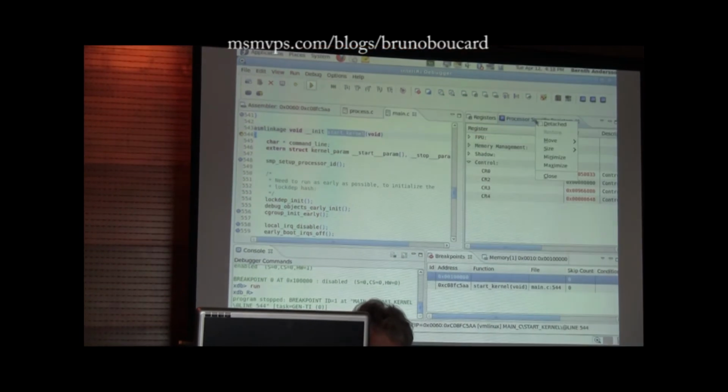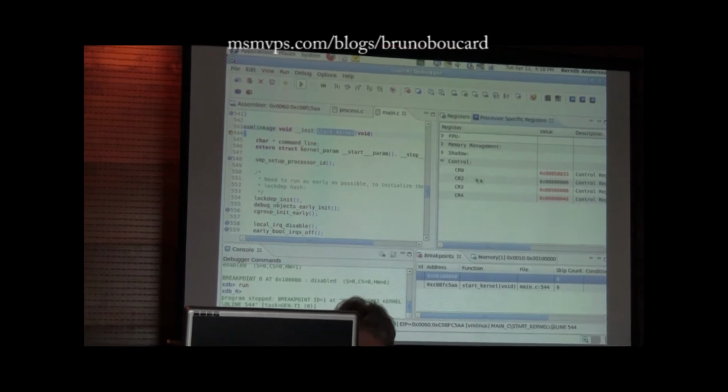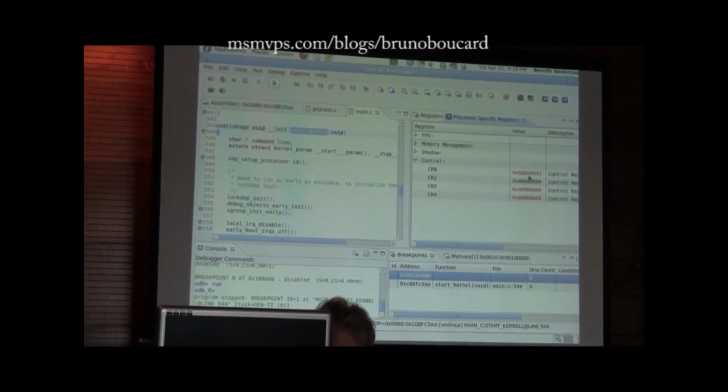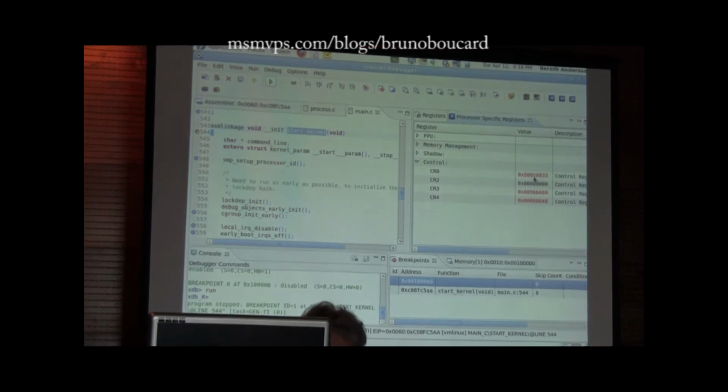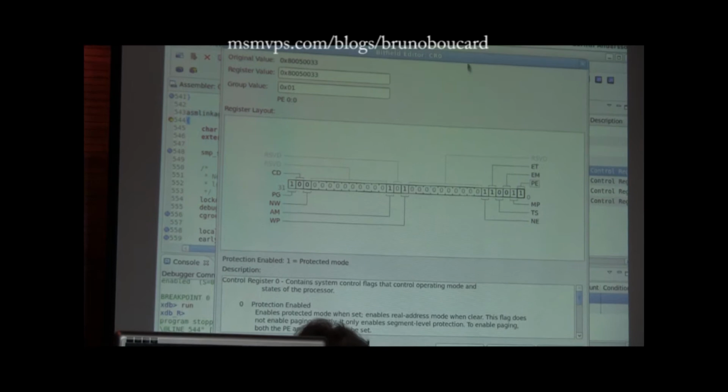Now what I want to show you here is the control registers. This is what I mentioned this morning where we have this famous bit field editor. You saw that there were also changes before we reached this source line. So if I want to look at what is in this register, I can look at these things. Now when I click here, this bit gets flipped, and here you see what it means. I'm flipping it from protected mode, enabled, to disabled. So you can really do awful things